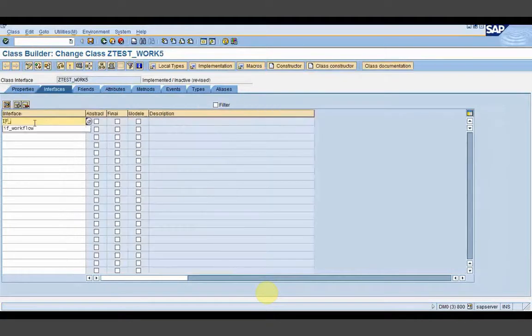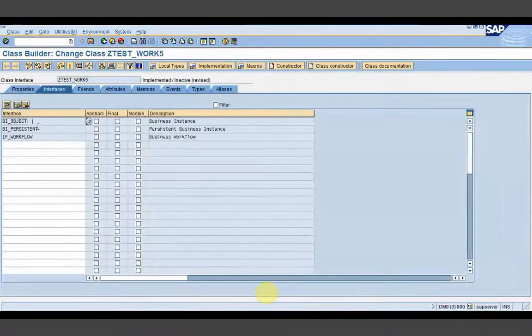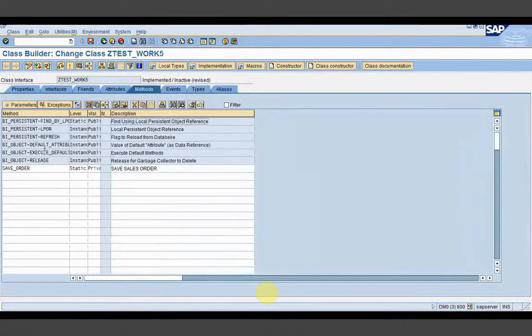For this workflow, we need to declare one interface. About this interface, once I discuss the ABAP class, I will explain everything about it. It will again take one class. So you can see if I attach this interface if underscore workflow with this particular task, then in methods you can see by default a number of methods get populated here. And why we need this workflow, actually, whenever you associate a particular class with the workflow,